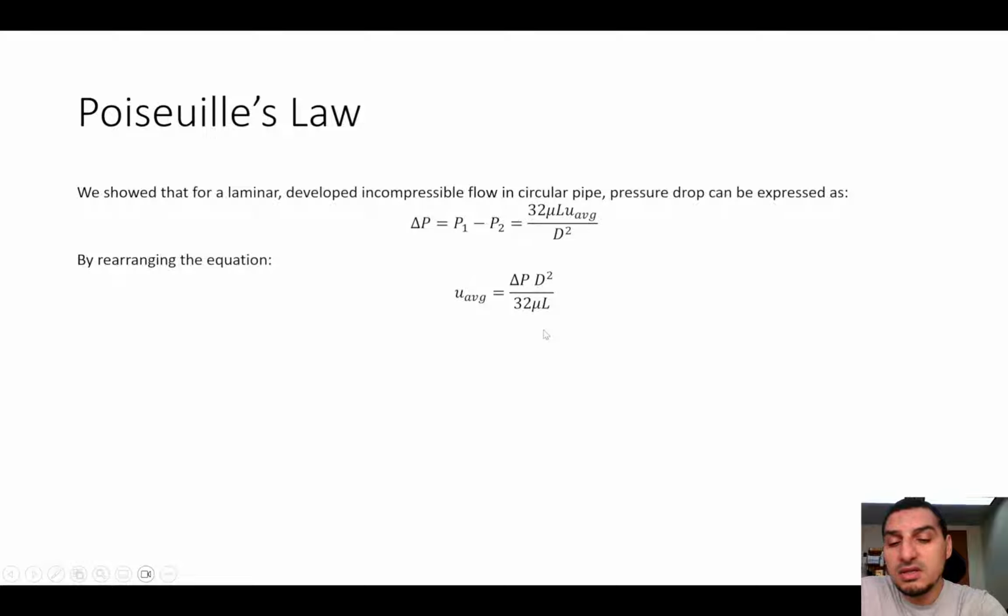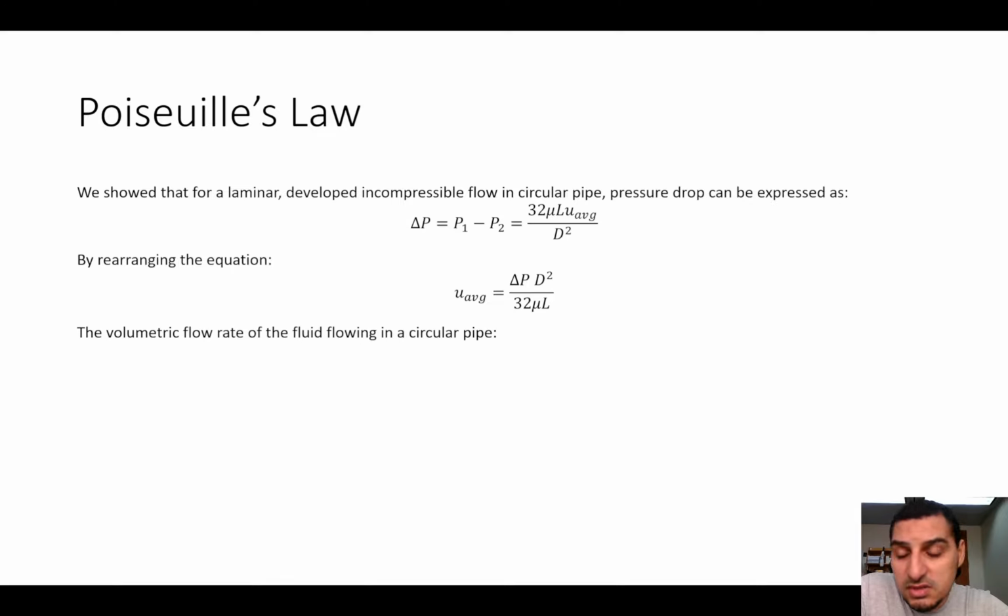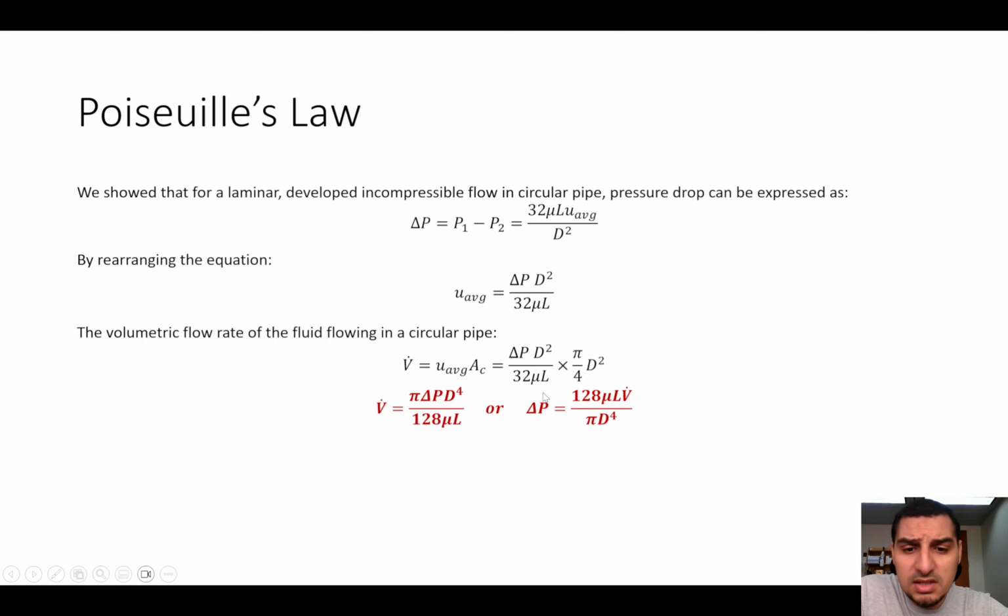If we want to get the formula for the volumetric flow rate, then we multiply this by the cross-sectional area, and of course it's only valid for the circular pipe, so the cross-sectional area is pi over 4 d squared. We can combine the d squared with the d squared, and we can write the equation this way now. So we have the equation written where the volumetric flow rate is calculated in terms of the pressure drop,